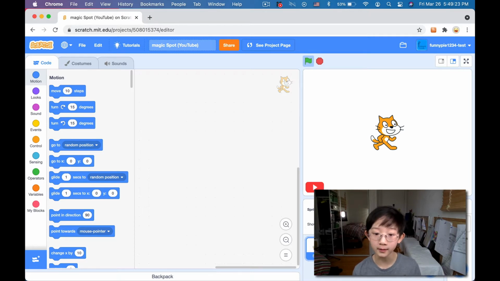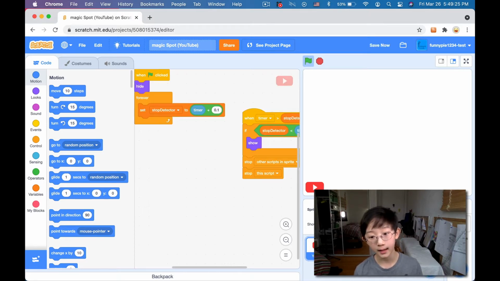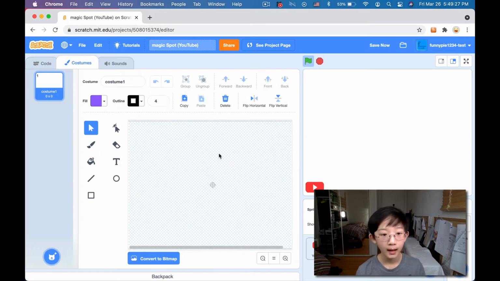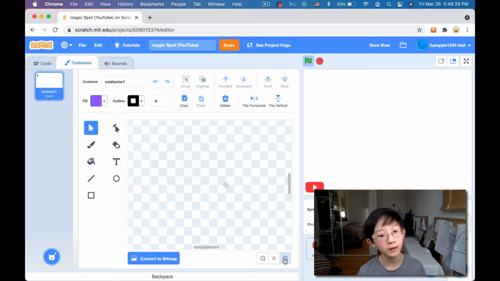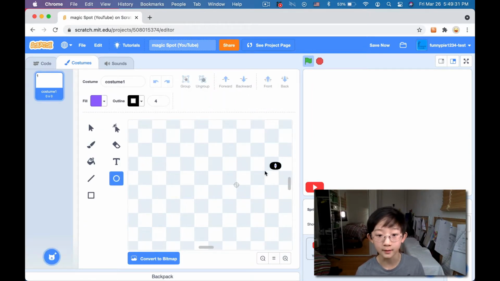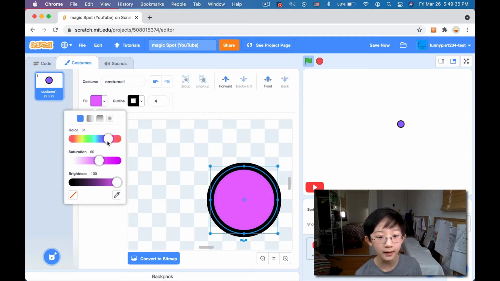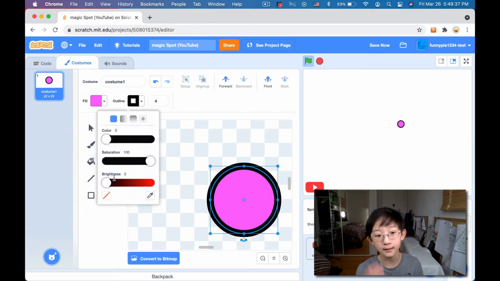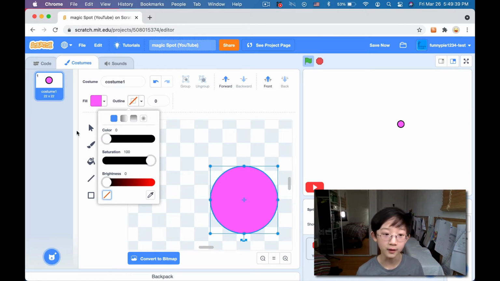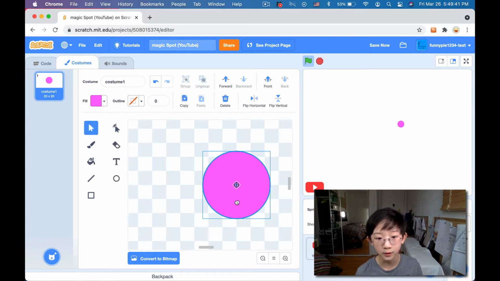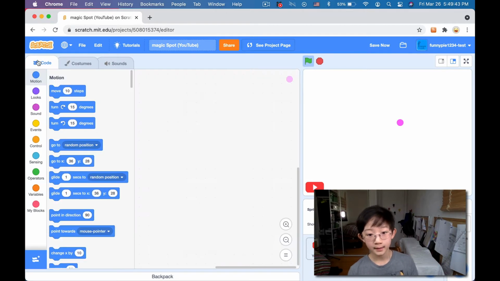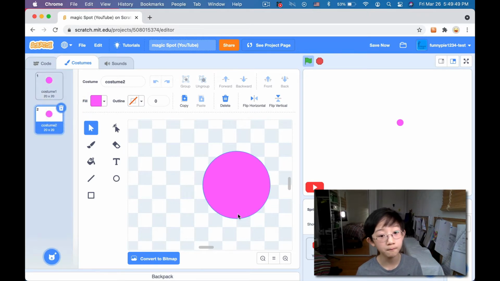First of all, we're going to delete the cat sprite. We don't need it. And we're going to paint a new sprite. Even if you have no artistic skill whatsoever, just paint a dot like this and color it something like this. It'll make sense. It'll produce the exact effect we need, and just put that in the center. Okay, this is our dot, so just call it dot. And actually, we're going to need a different costume. Duplicate this one. Call it